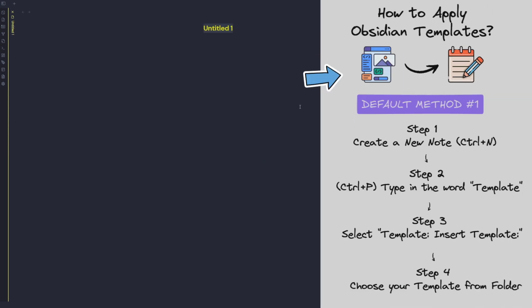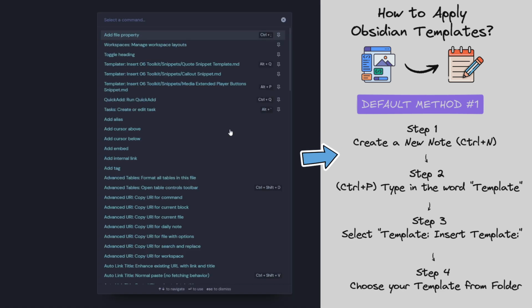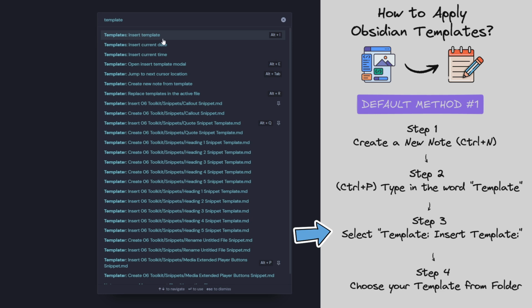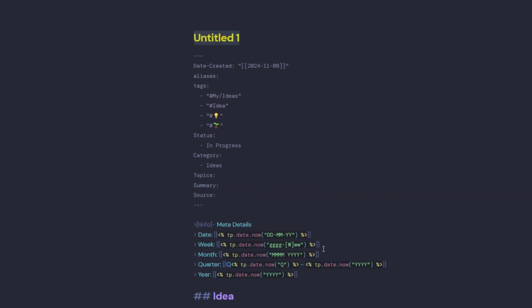Well, the default method is you hit Control-N, it creates a new note. Then you hit Control-P, type in the word template, and it's going to give you the option to insert a template. You can set a hotkey. I've set one here, Alt-I. We'll just hit insert template. Then it's going to ask us which template we want to apply. So we'll just say my ideas. So it's going to go and apply